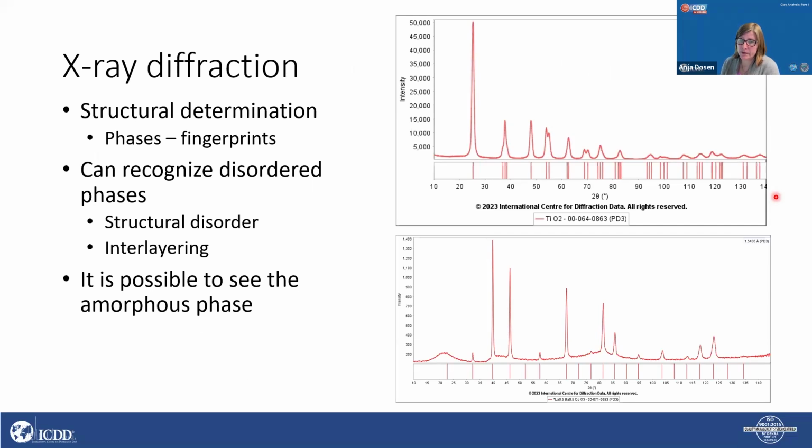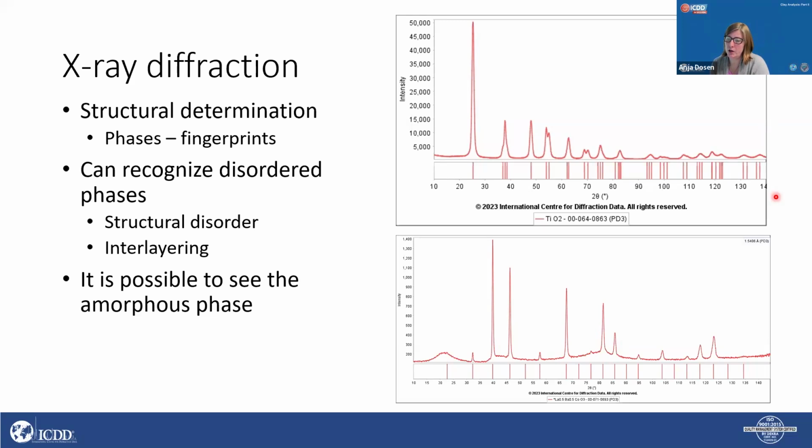X-ray diffraction helps us in phase determination and structural determination. Each crystalline material has its own diffraction pattern. Those are like fingerprints, and looking at diffraction patterns, we can recognize the existence of disorder in certain phases, or some phases that are disordered. We can see structural disorder, like some kind of structural defects, for example, and we can also observe interlayering using